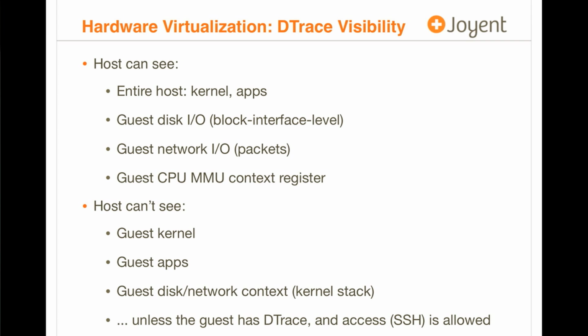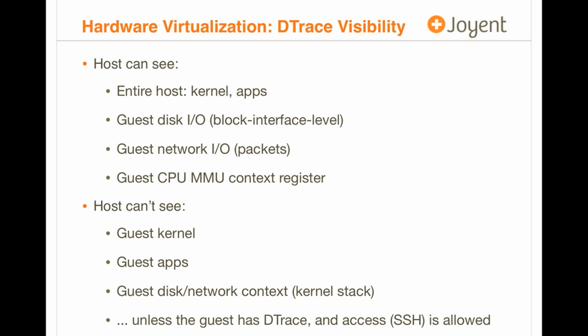But the host can't see a lot of things. You can't see inside the guest kernel. You can't see the guest applications. You can't see disk and network from the guest context, which is really useful. Why am I performing disk I/O? Why am I performing network I/O? What information from the TCP stack is happening, such as have I got drops from the kernel? How's my TCP backlog? All these sort of questions we take for granted you can't see from the host when